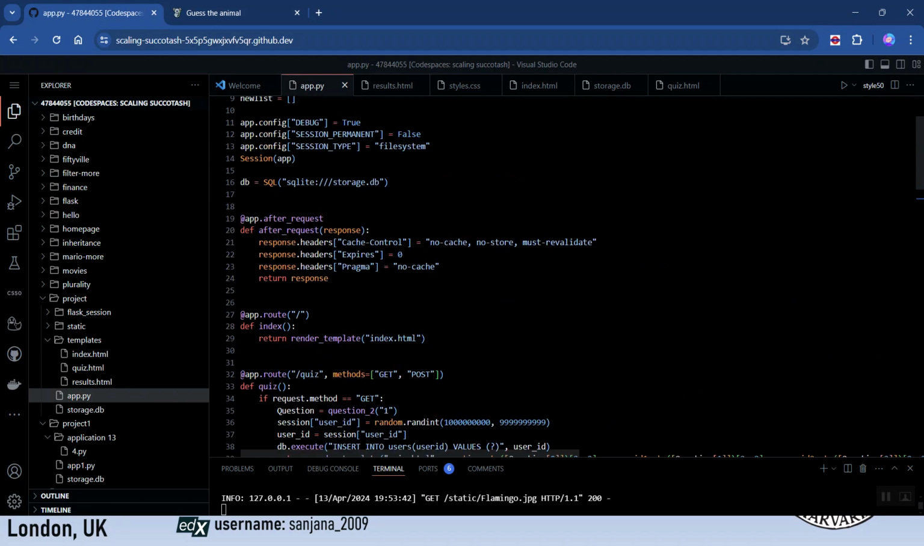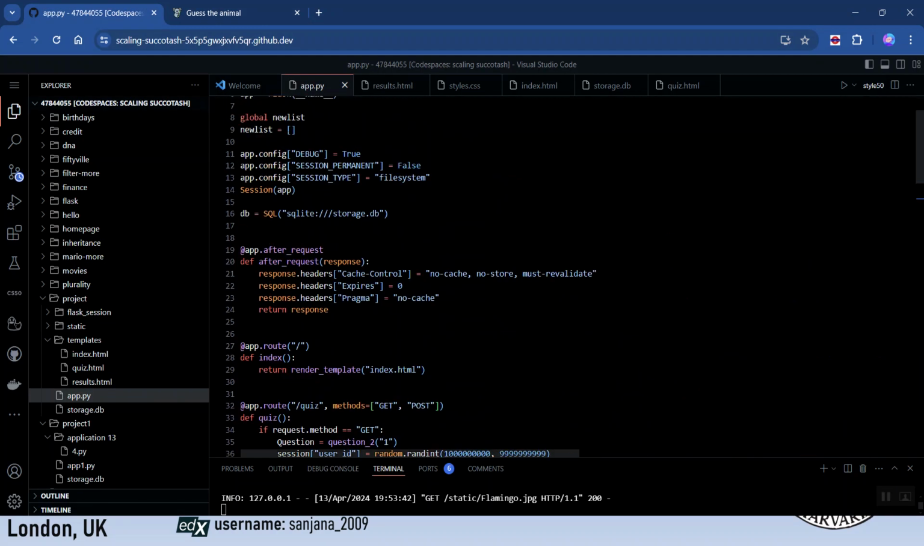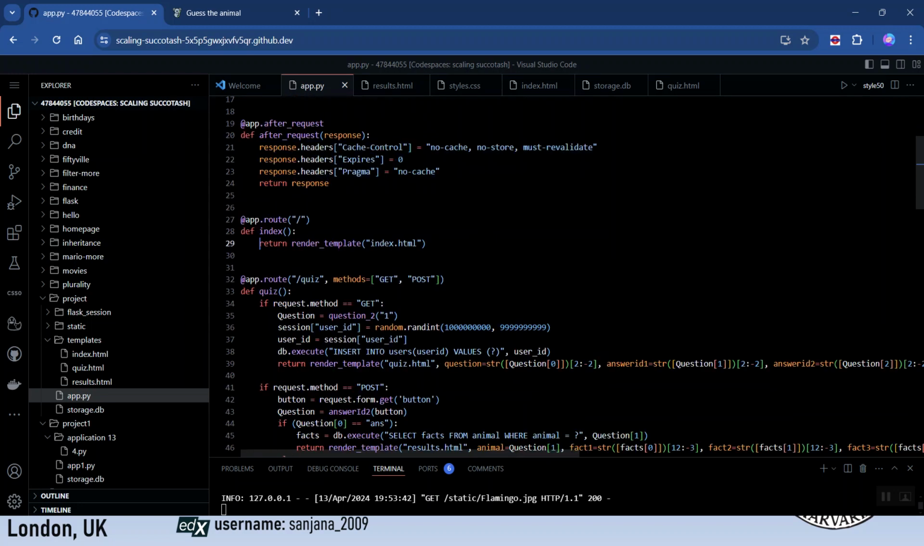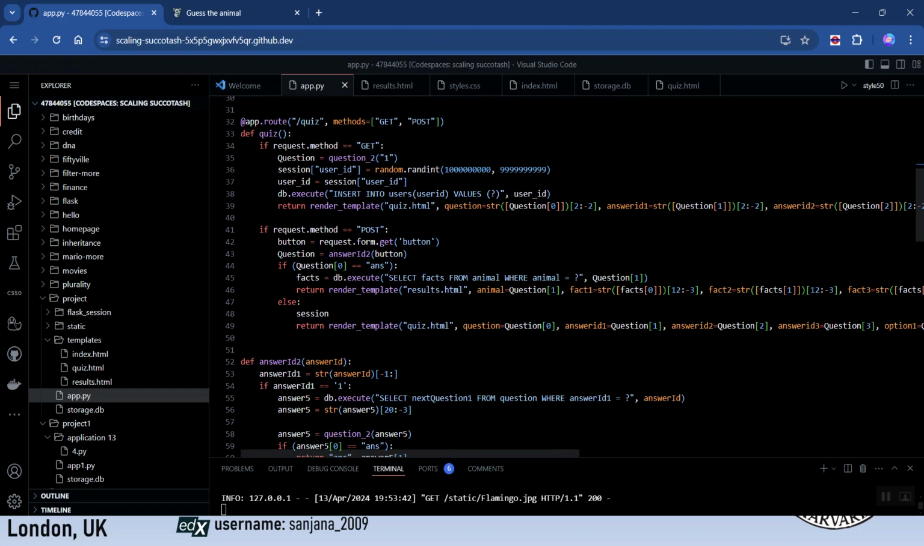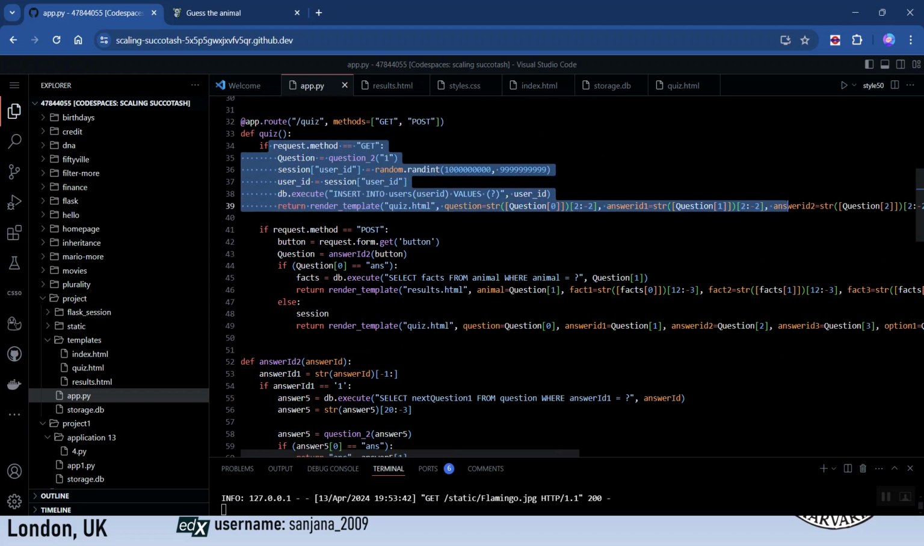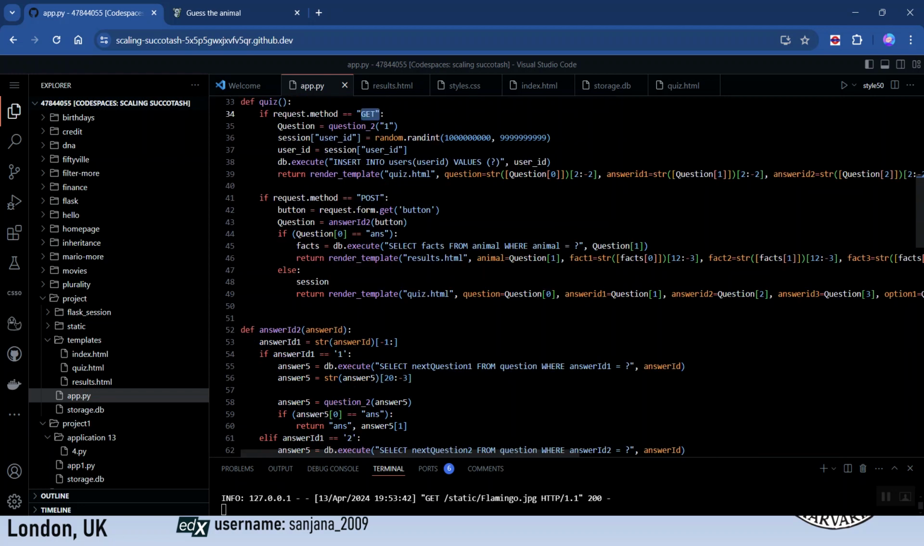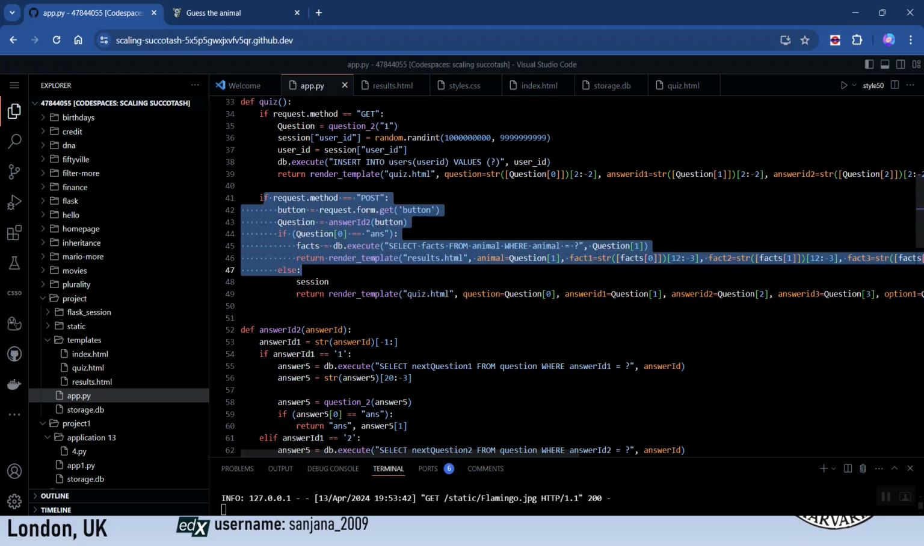And this is my main app.py file, which contains all the logic. And here I've defined the session, which is stored in my SQL database over here. And here is where I render my first index.html file. This is where I output my first question as part of the get method, and the questions that go further